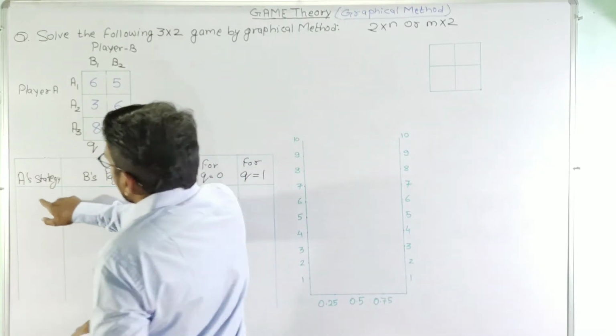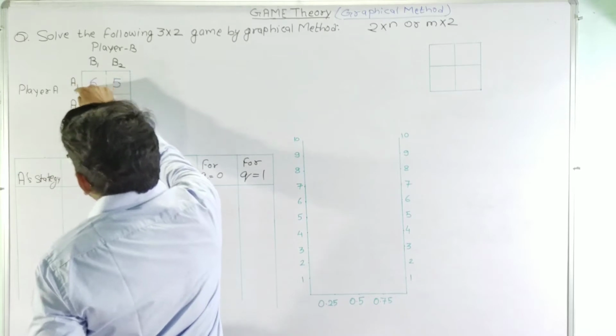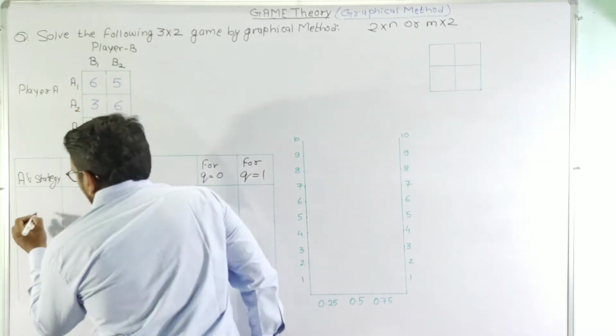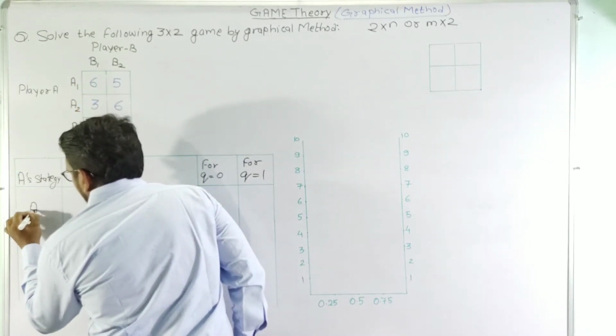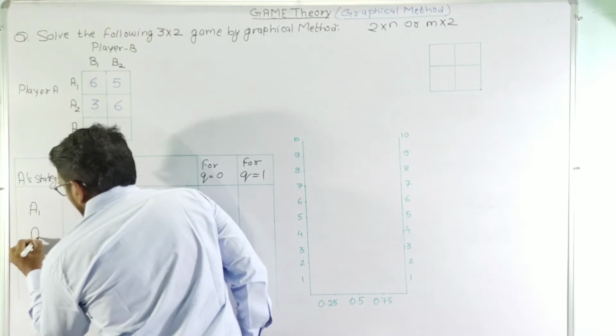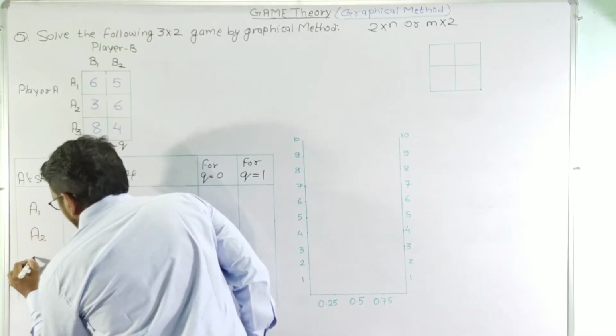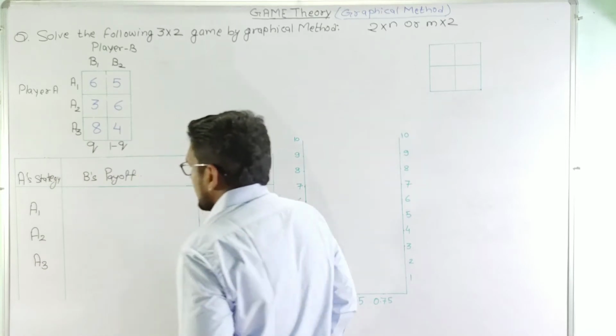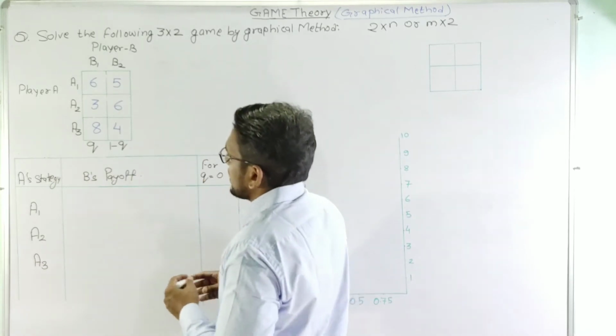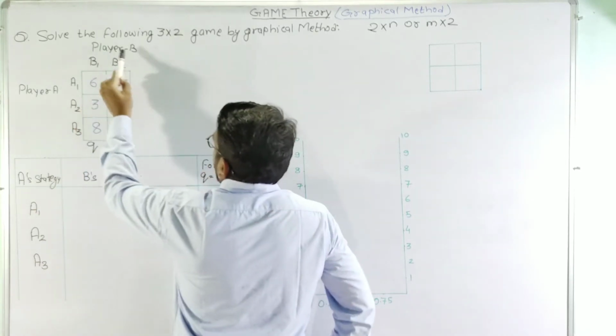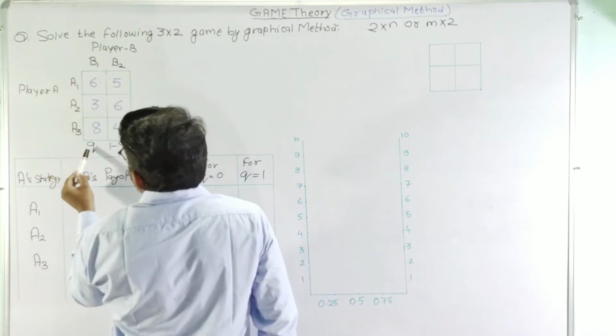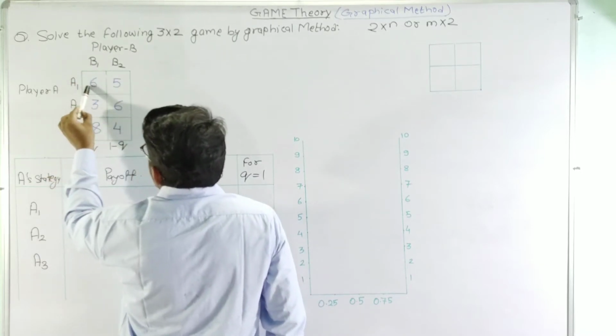Now player A has 3 strategies A1, A2 and A3, so let us write A1, A2 and A3 here. If we select strategy A1, the payoff for B will be Q into 6 plus